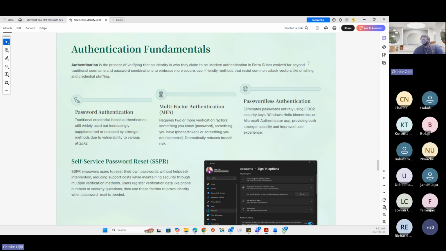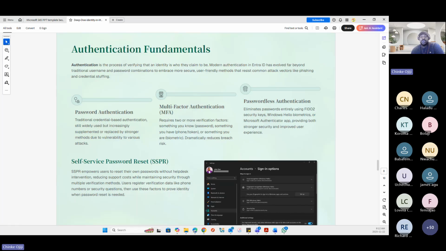Now, in the old days, once you needed a password reset, you had to call IT and just pray that the person on the IT help desk is not eating amala at that point in time, because if the person is eating amala, you will wait. And now Microsoft has made that easier by allowing you to do a self-service password reset by yourself.